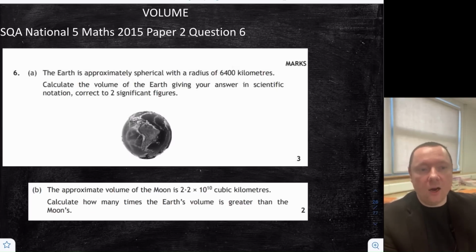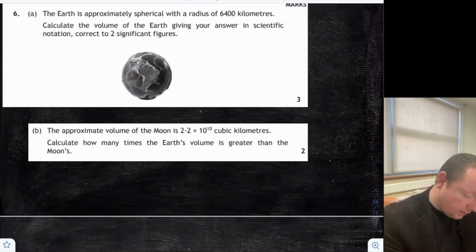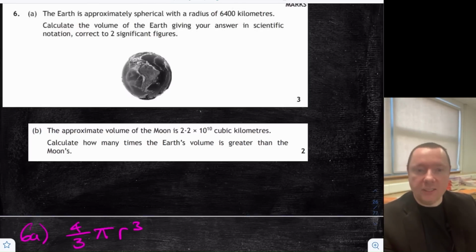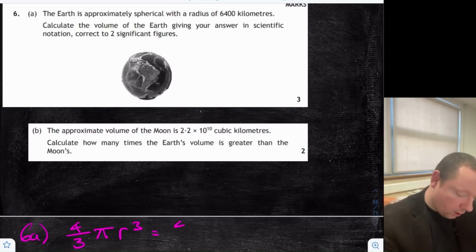Okay, so let's start off with part A, which is a straight volume question. Once we've done part A, we're going to do part B, which is a scientific notation question. 6A, since we're using a sphere, it's 4/3 pi r cubed. Get that from the start of the exam paper. So that's 4/3 times pi times the radius